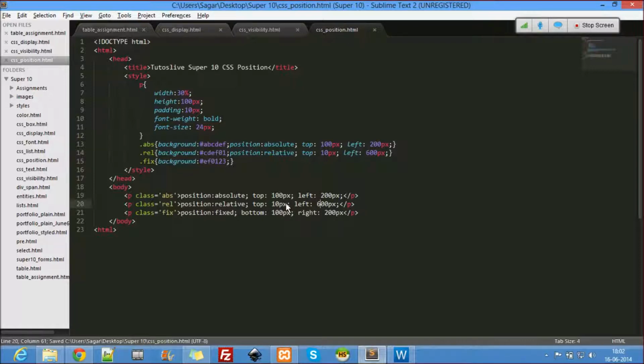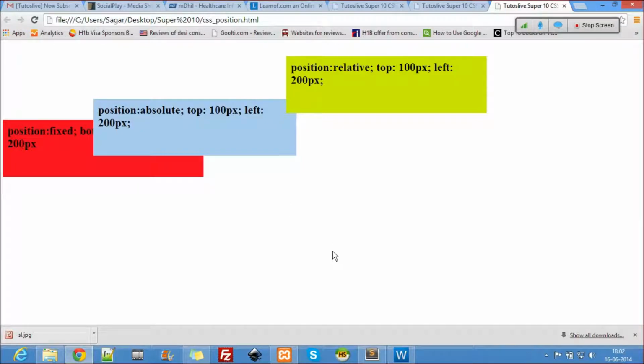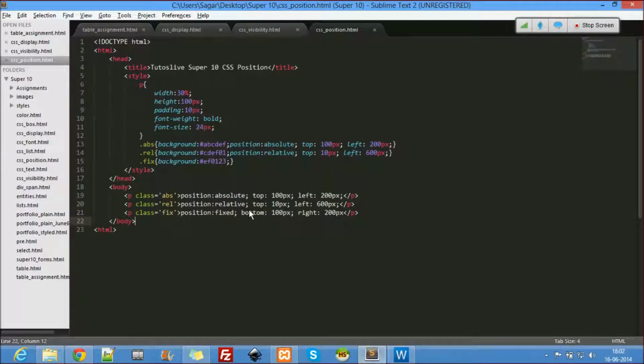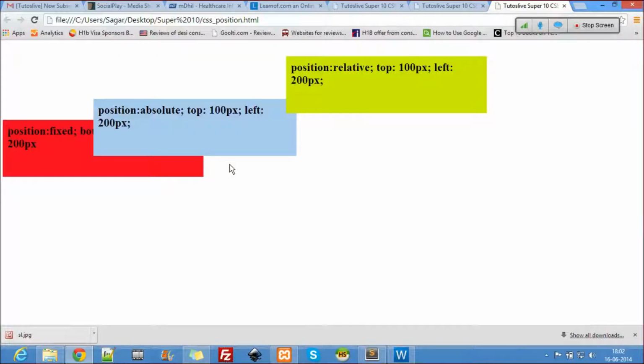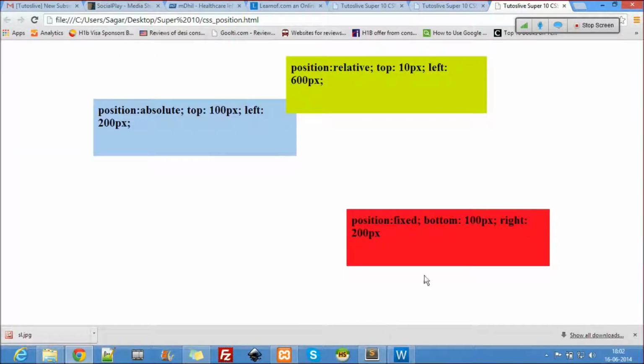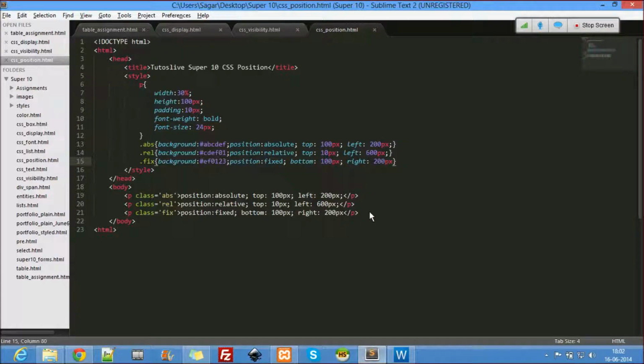So when is relative used and when is absolute used? Let's talk about fixed also. Let me just give the fixed too. So this is fixed there. How do we know if it's fixed or not? Let's use empty BR tags to make the page scrollable.